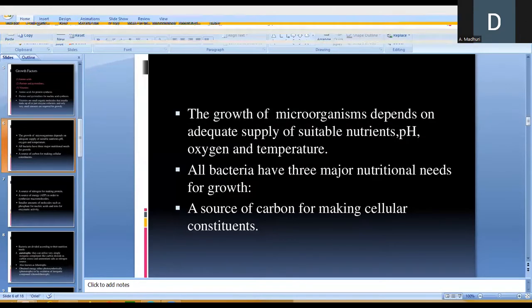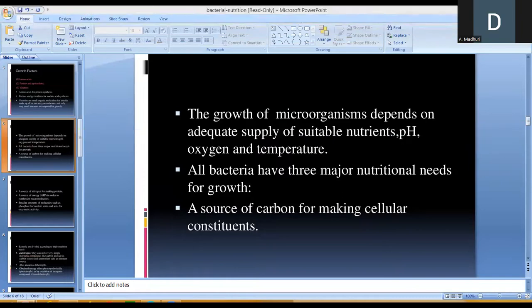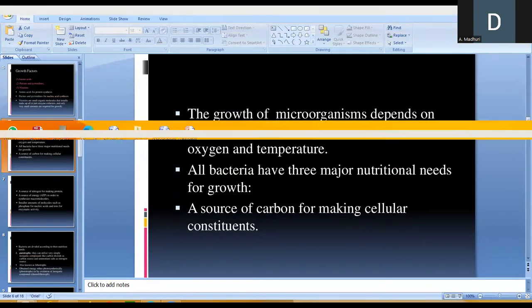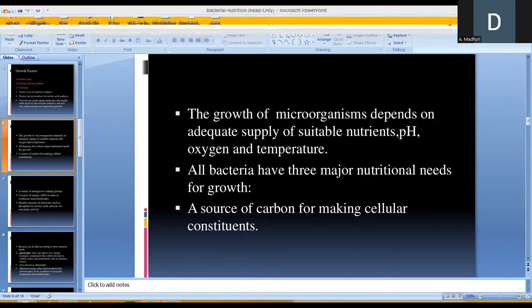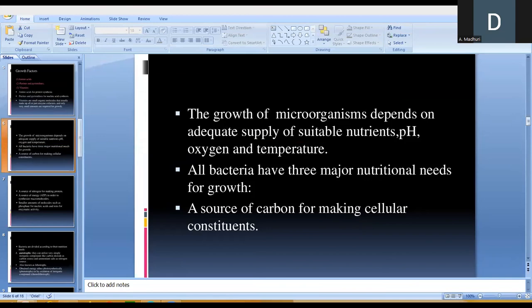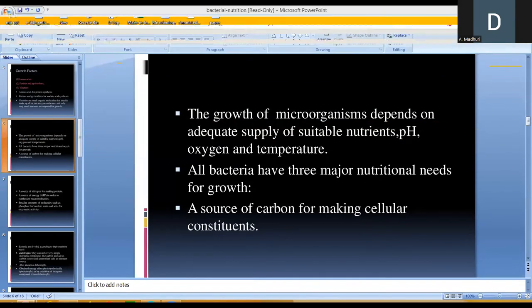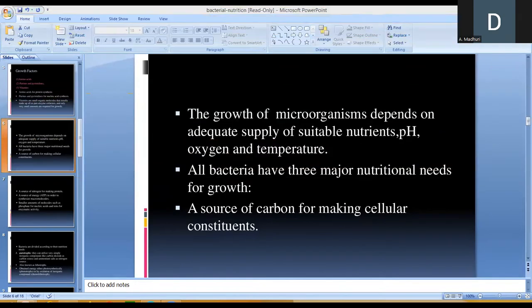What suitable conditions? It can be temperature, pH, oxygen, anything. So all the conditions you are providing, all the nutrients you are providing, then definitely the bacteria or the microorganism can grow. Right. But you have to understand